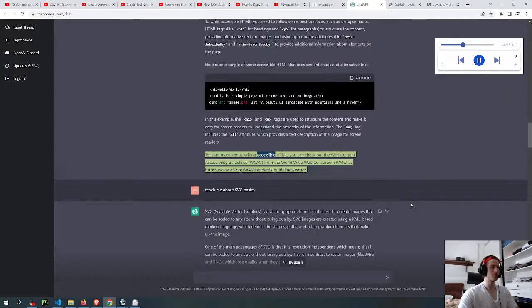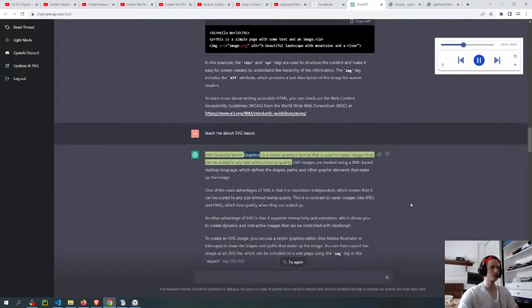To learn more about writing accessible HTML, you can check out the Web Content Accessibility Guidelines, WCAG, from the World Wide Web Consortium, W3C, at https://www.w3.org/WAI/standards-guidelines/wcag. SVG, Scalable Vector Graphics, is a vector graphics format that is used to create images that can be scaled